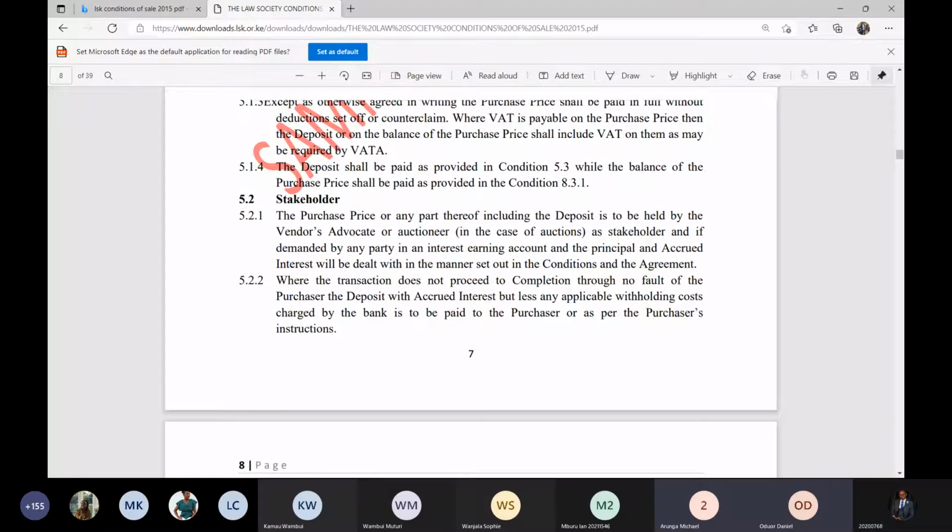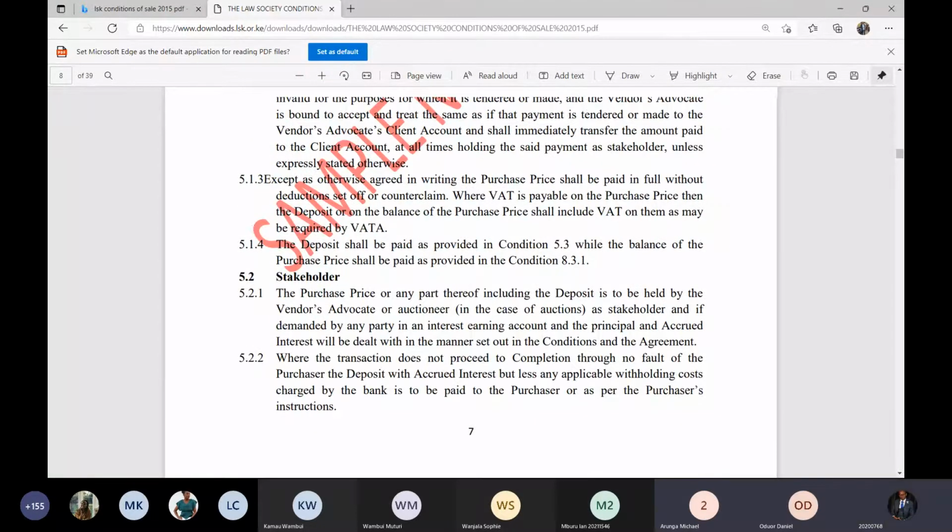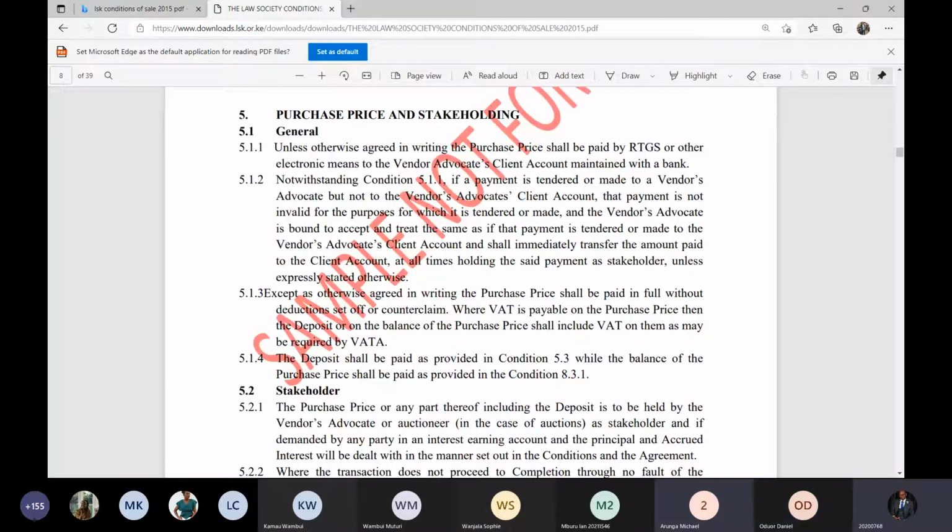Now, to that extent, you can't say 5.21. Now I'm coming here to the vendor's account. Yes, the money is now going straight to the vendor's account. Yeah, so to that extent, we can't talk of 5.21 because he doesn't have the money. He's not holding it as a stakeholder. So we don't have that as a remedy. Yes. So you ask him to issue you, now that we don't have any remedy under 5.21 and